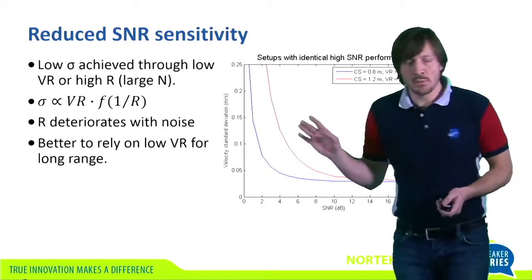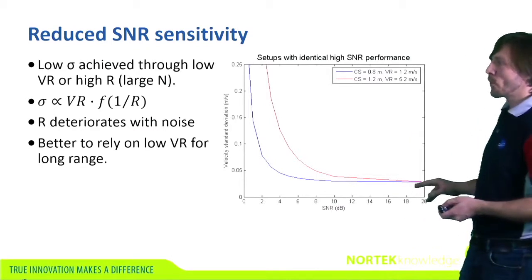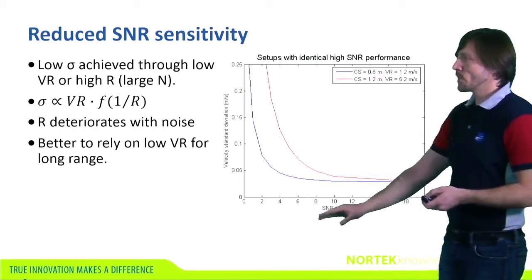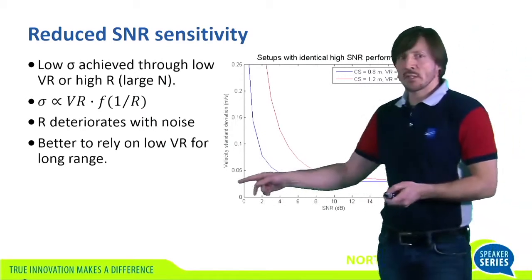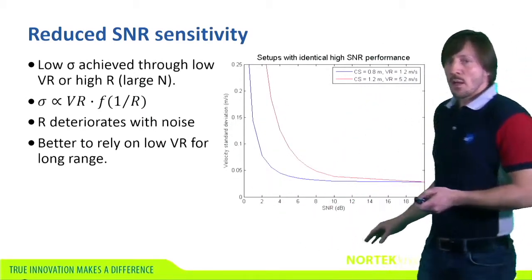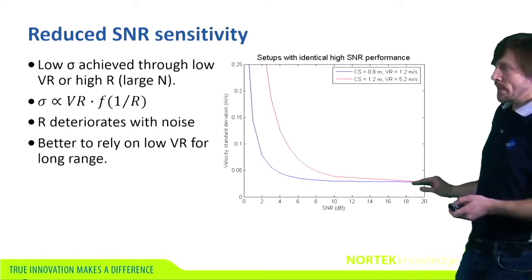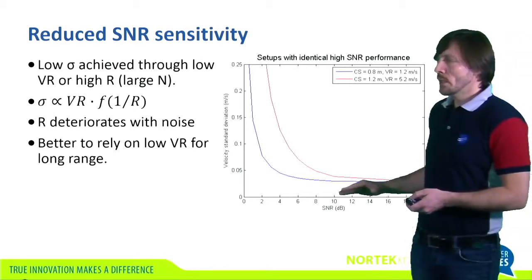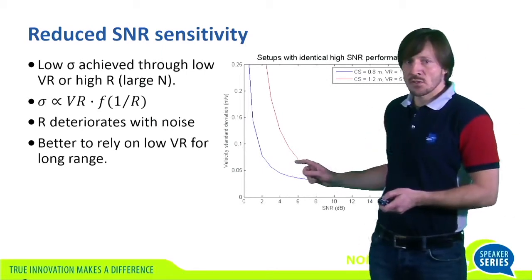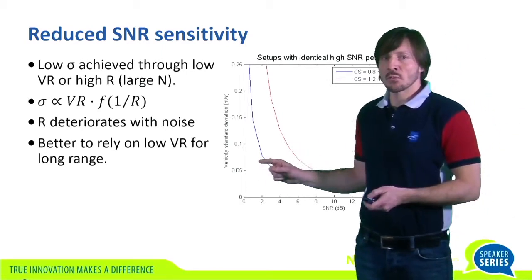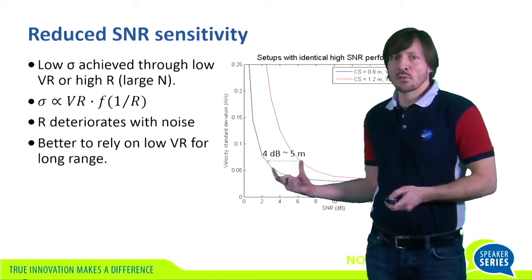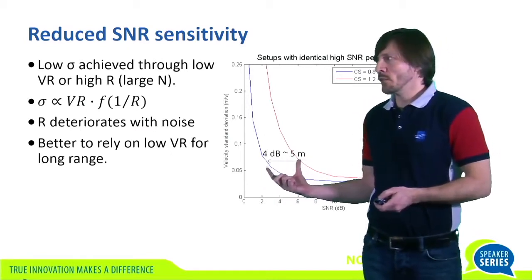And that's been tuned now in order for these to perform identically at high SNR. So SNR is along this scale, standard deviation along this scale. At high SNR, they have exactly the same standard deviation. But as I add more noise, you can see that this red curve takes off sooner than the blue curve. If you try to look at where they take off, there's a difference in maybe a